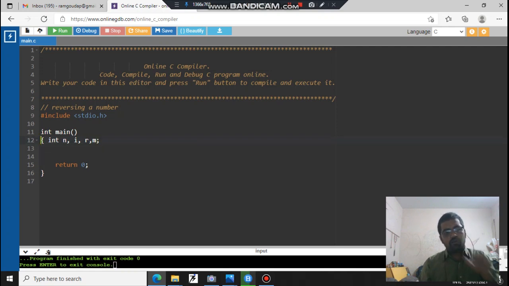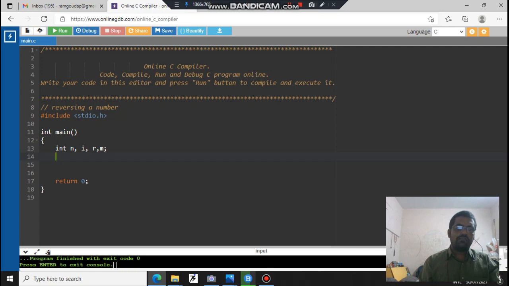If you want to proceed to other programs, like the program for checking whether the given number is a palindrome or not, we will try to incorporate the palindrome logic into the same program. First we will do it for reversing a number, and then we will incorporate the palindrome check into it. Along with that, you can go to two other versions, wherein counting the number of digits can also be done, and another one that we have discussed in the current lecture can also be done.